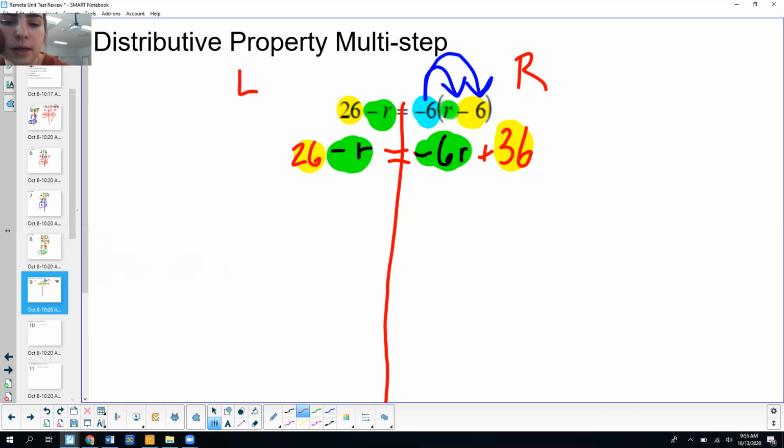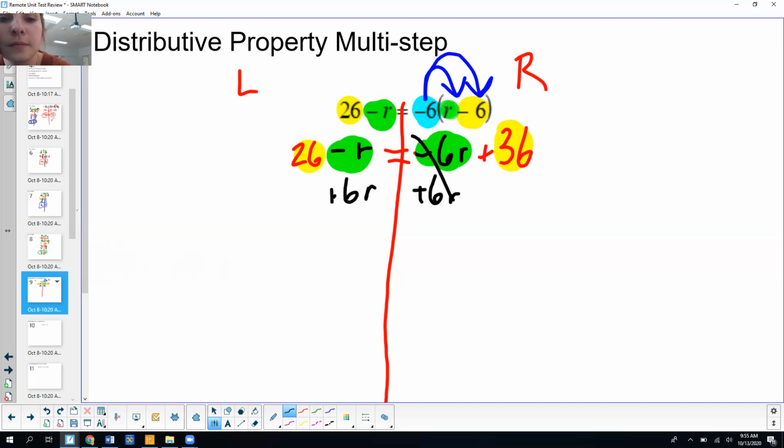So since everything's simplified on both sides, I'm going to compare my two variable terms. So which one is smaller, negative r or negative 6r? And when comparing negatives, it can be kind of tricky, but whatever one is further from 0 on a number line is going to be your smaller one. And by that, I mean, if you're thinking negatively. So negative 6 is smaller because it's further from 0 on a number line. So I'm going to go ahead and move negative 6r over by adding 6r